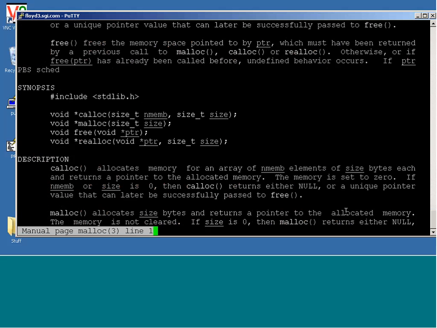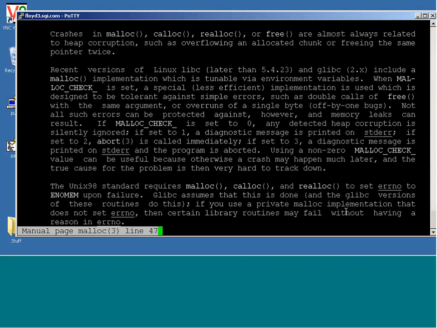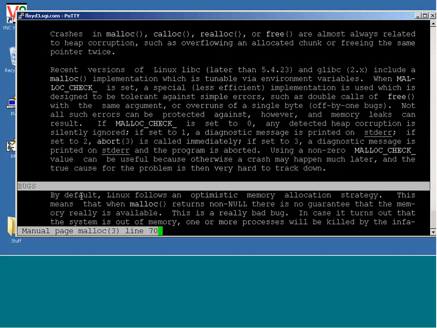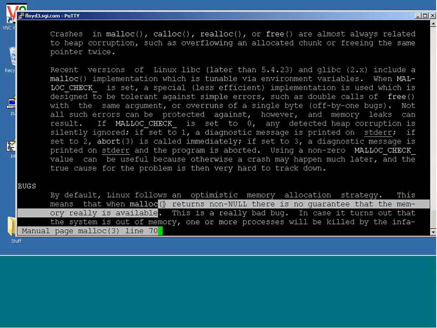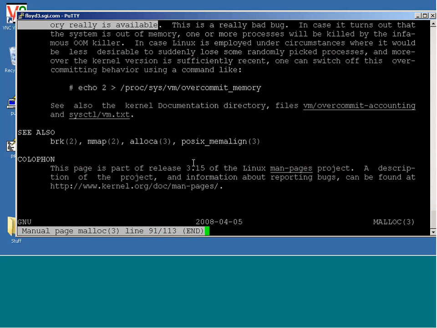malloc is the call to get memory. And there's an interesting comment in here under bugs. This is my over-committing virtual swap concept. We have an optimistic memory strategy. It means that malloc returns non-zero. There's no guarantee that the memory is really available. If it turns out the system is out of memory, the process will get killed by the out-of-memory killer. But it is possible that it tries to address something. I see it more with Fortran than C, where it tries to address something and then gets a segmentation fault rather than